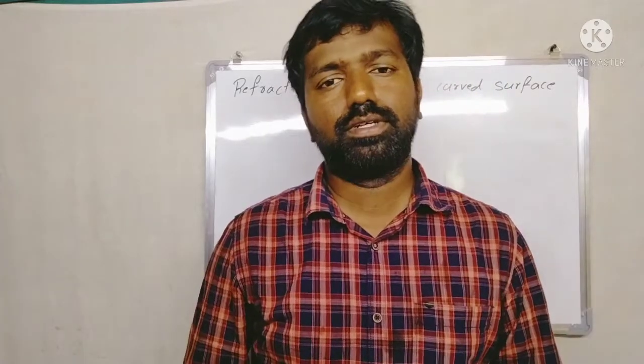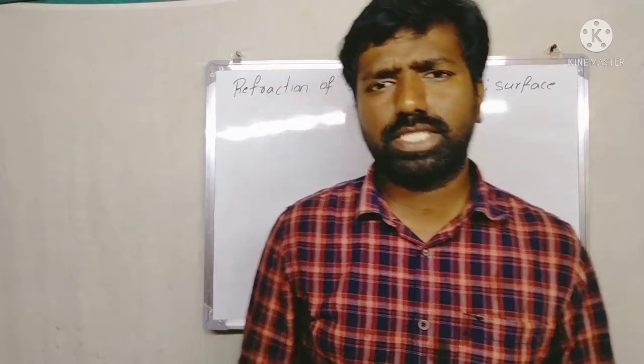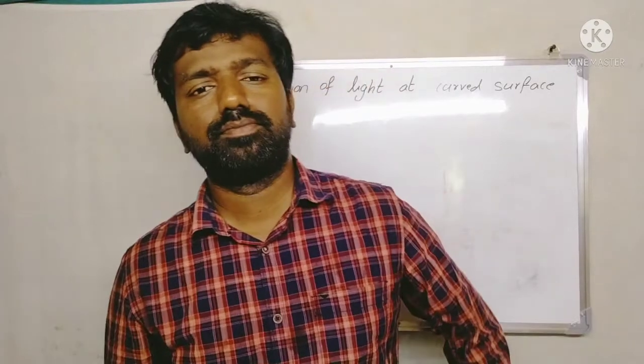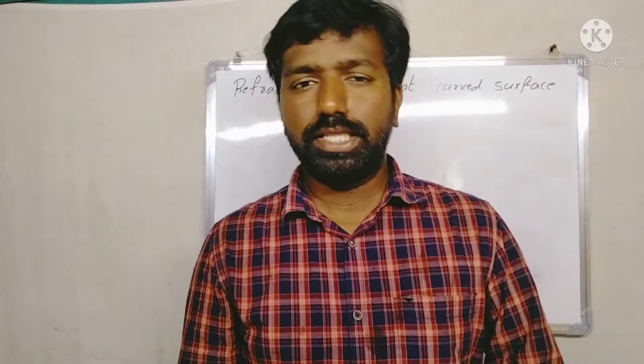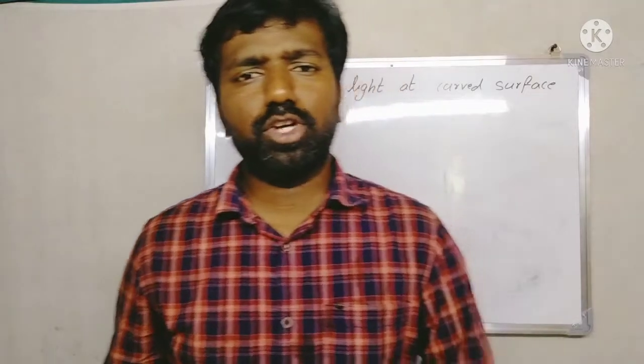Welcome to physics class. In the last session, we discussed what a lens is, how many types of lenses there are, and if rays pass through the lens, how the refracted rays will go. In this session, we are going to discuss, if the position of the object changes in front of a lens, what type of image you will get. Is that a real image or inverted, enlarged or diminished? That we are going to discuss in this session.